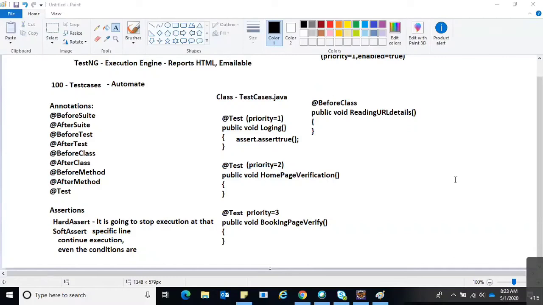Assertion and verification, both are the same, right? Yeah, both are the same. We can call it verify. It's just a naming convention. Sometimes we'll call it verify, and we can call it in our own way.